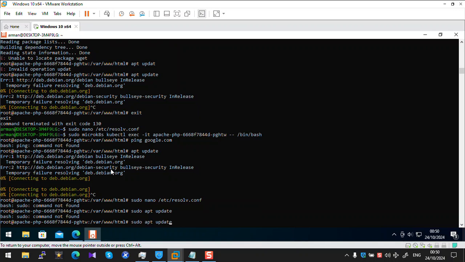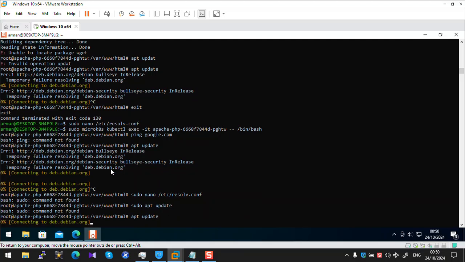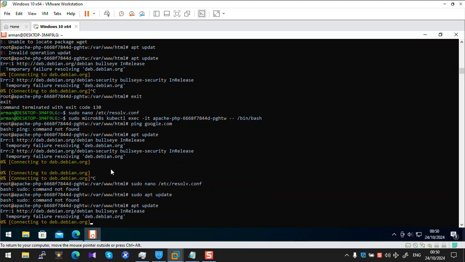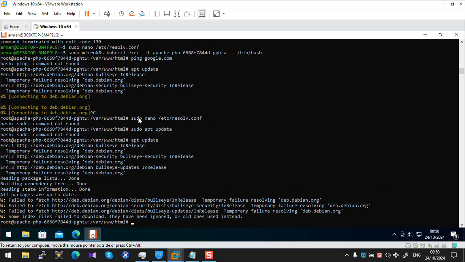Not work with sudo, and update again, and wait. It could not resolve this address because of a problem with the internet connection, and after that you can download